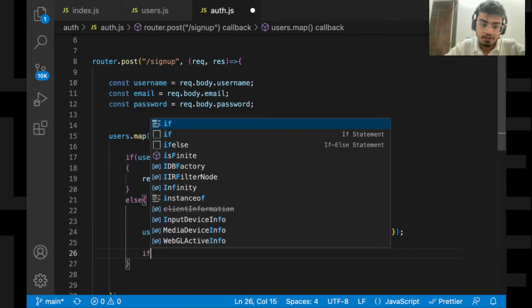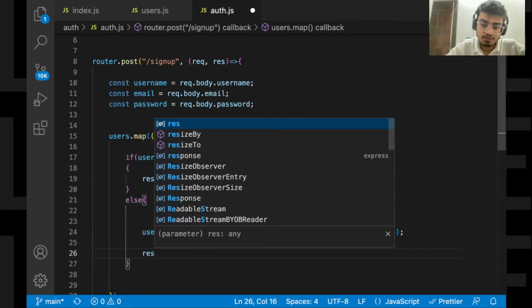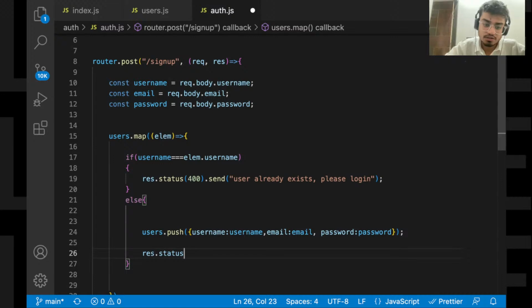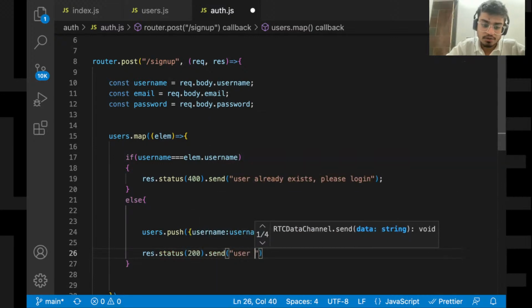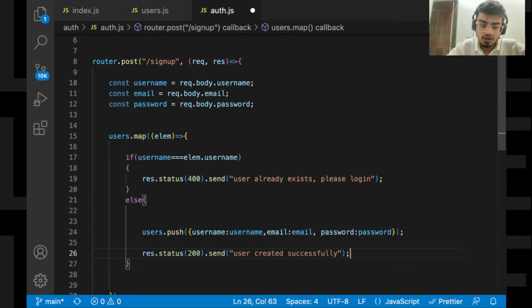And response dot status 200 dot send user created successfully. Okay, so that's it.